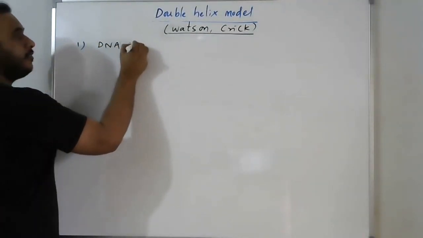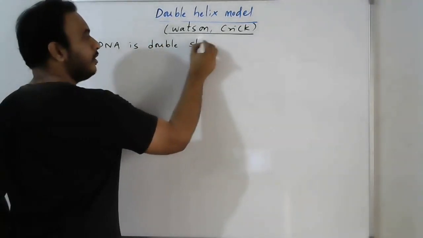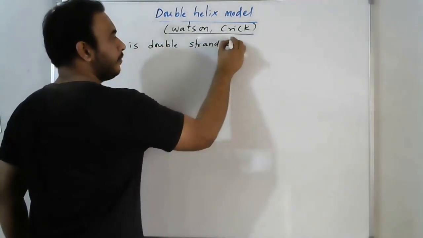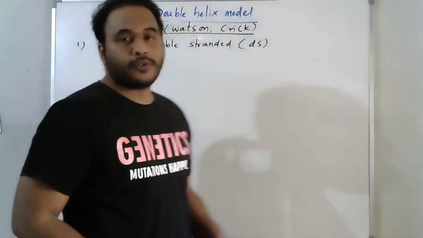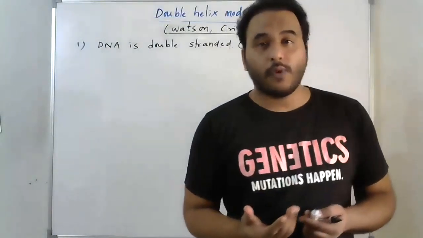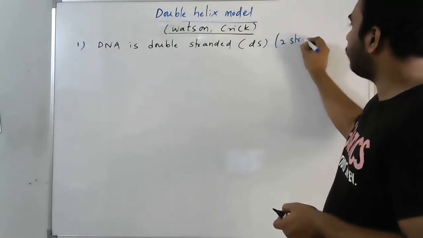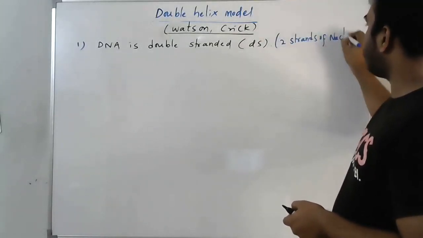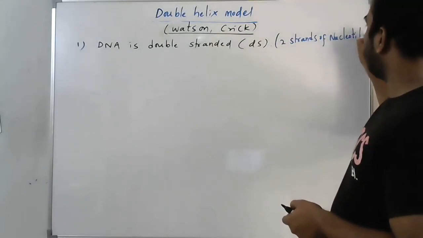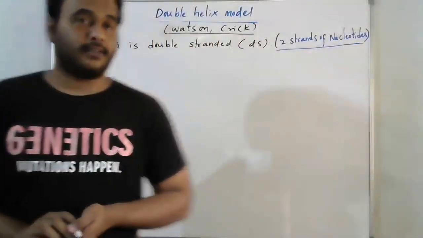DNA is double-stranded. That means DS. There will be two strands. Two strands of what? Two strands of nucleotides. And the second thing is,